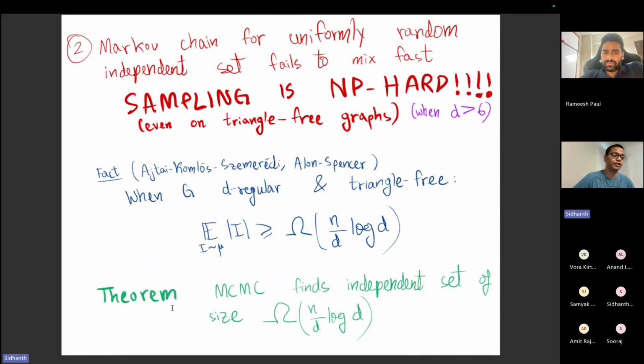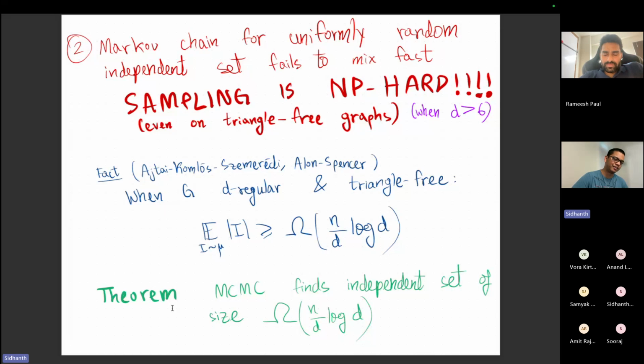Okay, and now here's a second example, which I think should maybe give a more satisfying answer to the question that Ramesh asked. If you consider this Markov chain for sampling a uniformly random independent set that I showed a few slides ago, it also fails to mix fast. It fails to mix fast when D is greater than 6, but not only does it fail to mix fast, sampling from this distribution is an NP-hard problem. And even if you make an assumption like the graph is triangle free, which is very striking because